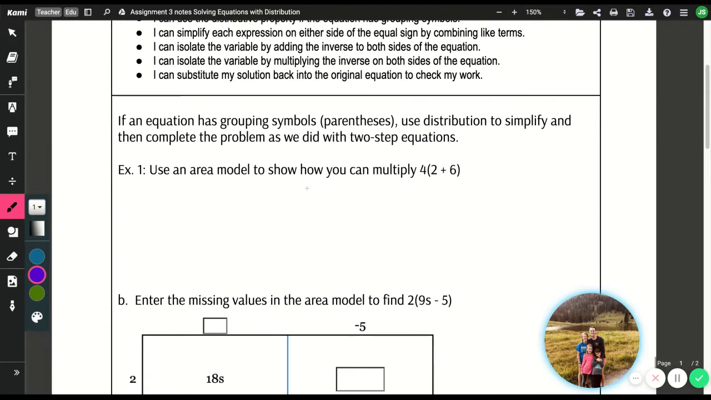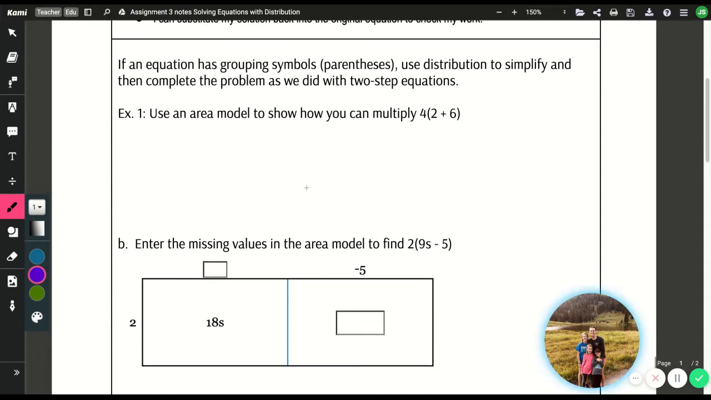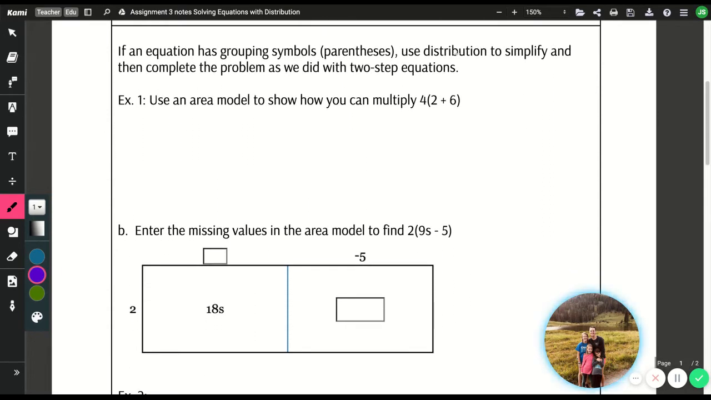So if an equation has grouping symbols, which is another name for parentheses, then we need to use distribution to simplify and then complete the problem as we did with two-step equations. And we're going to do a little review of distributing first. The first thing I want to talk about is using the area model to show how you can multiply. So if you had a rectangle,